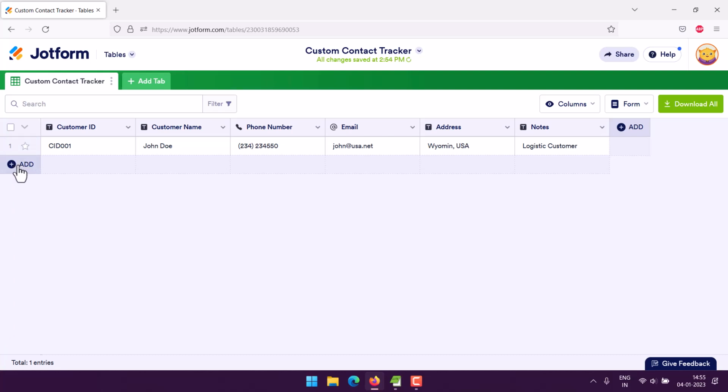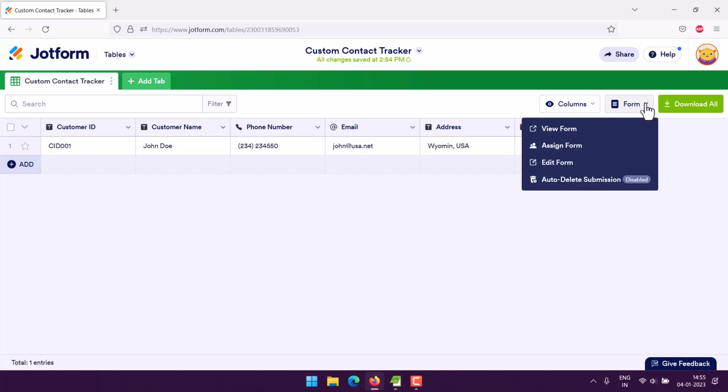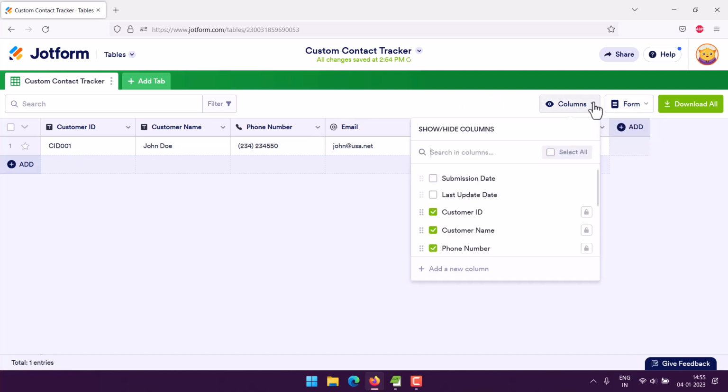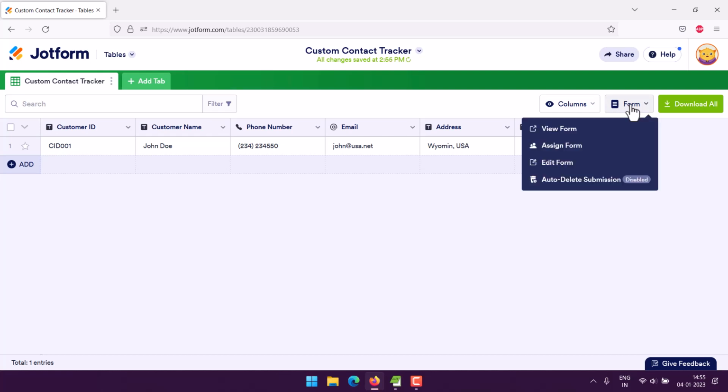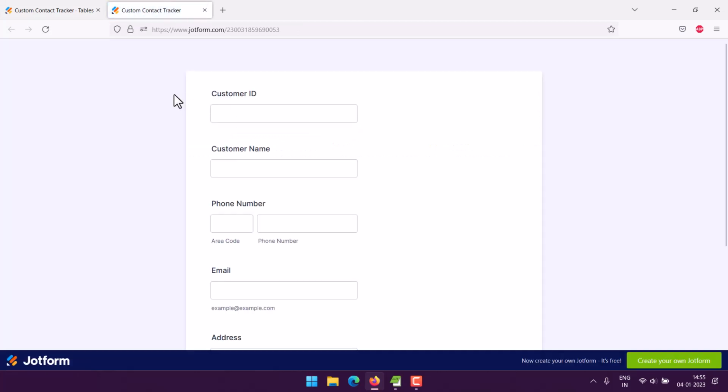Say if you want to create a form out of this, you can use the form option. There is also a column option which you can choose additionally, like submission IP, submission ID, etc. We are not going to touch that. Instead we will go to the form. If we go to View Form, we'll have that form in another tab. Here you can see customer ID. So let's try and add,